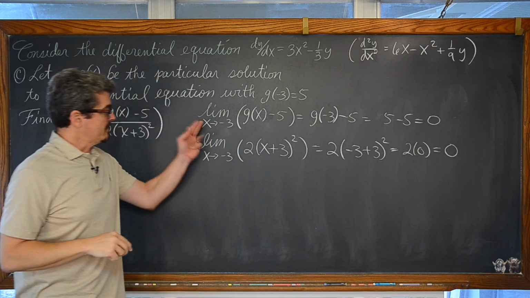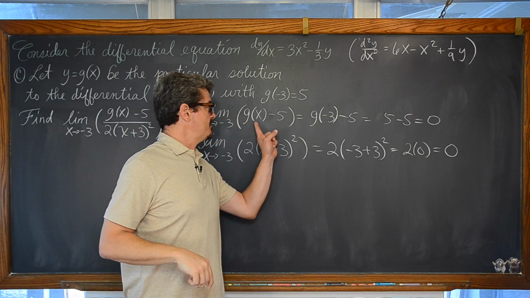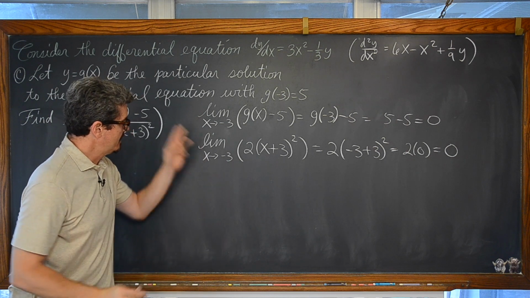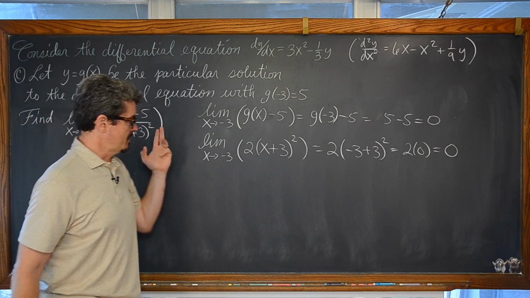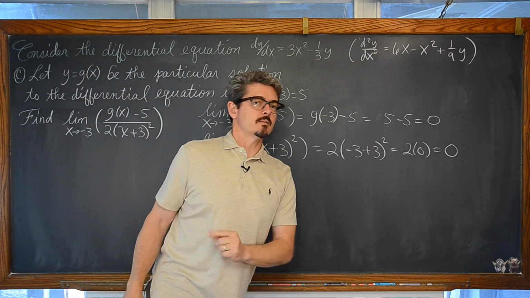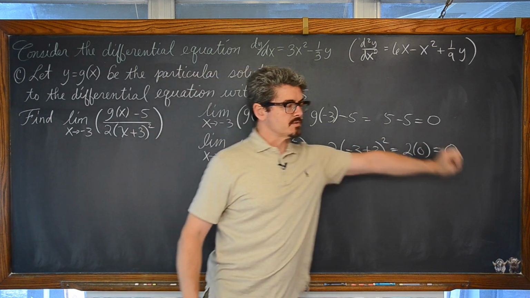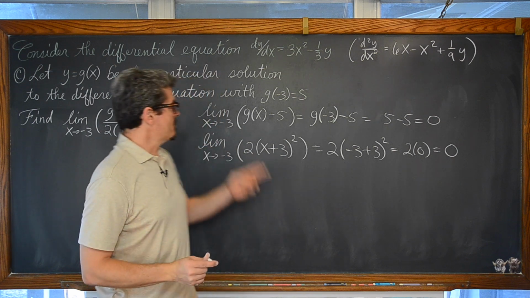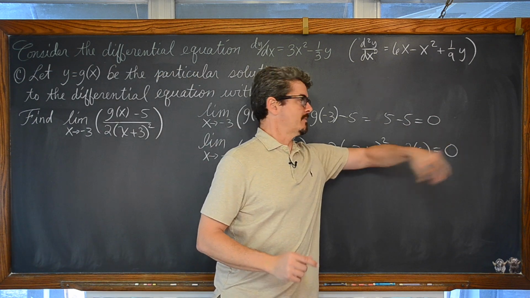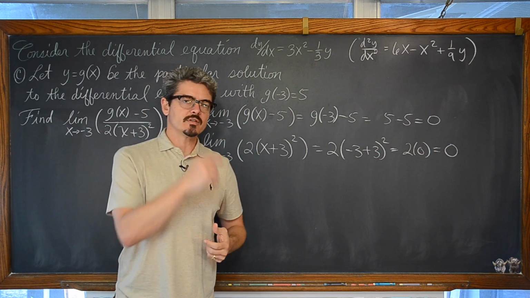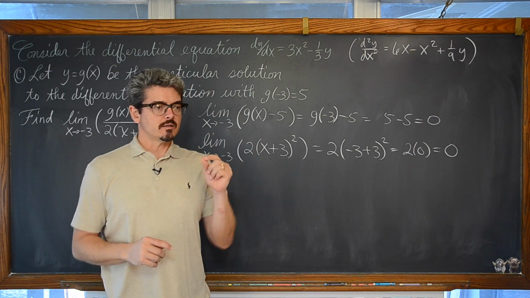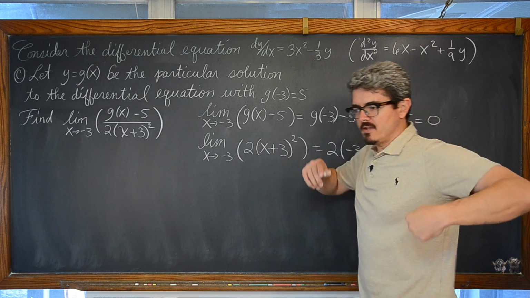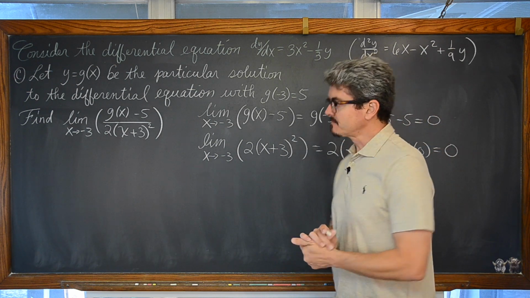And we have the limit as x approaches negative 3 of g of x minus 5 comes out to be 0, as I verbally stated previously, and the limit as x approaches negative 3 of our denominator, again, comes out to be 0. You want to write that out. You're showing your work as instructed, and it's also your conditions check that both the numerator and denominator have a limit of 0. That is a form of indeterminate that allows you to apply L'Hopital's rule, which is where we take the derivative of the numerator and denominator separately and try and re-evaluate.